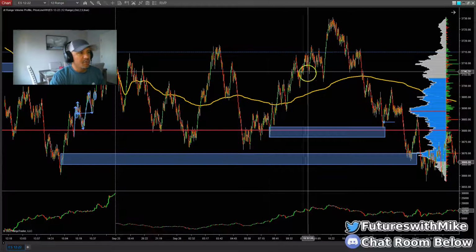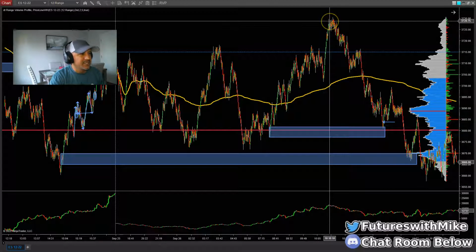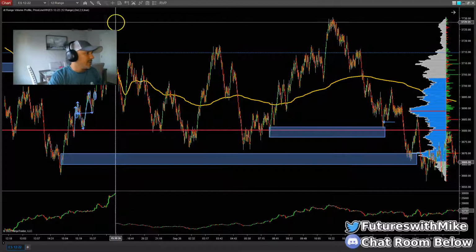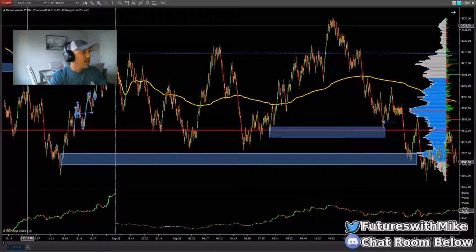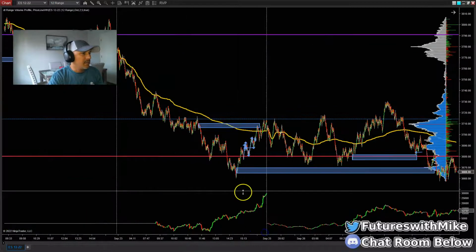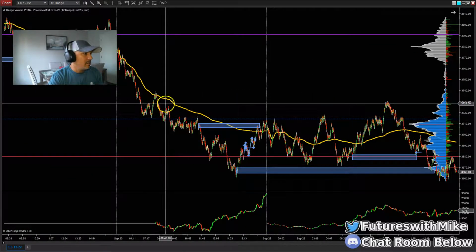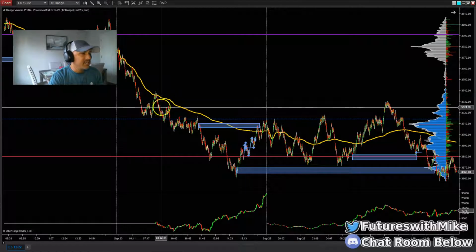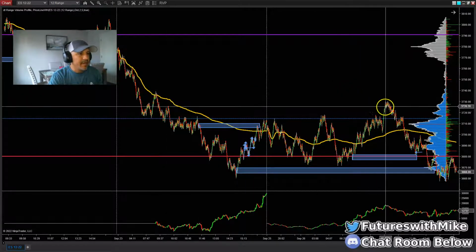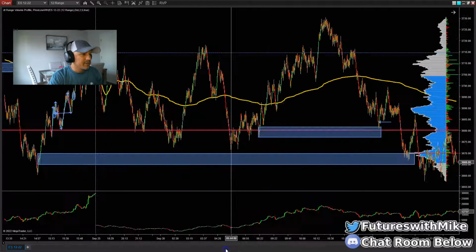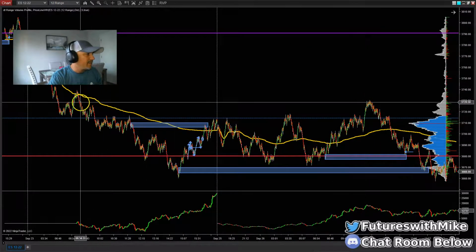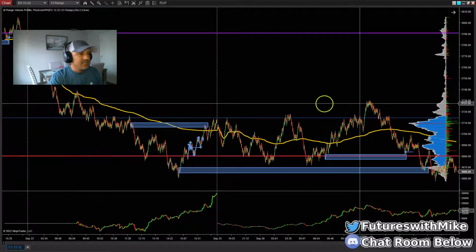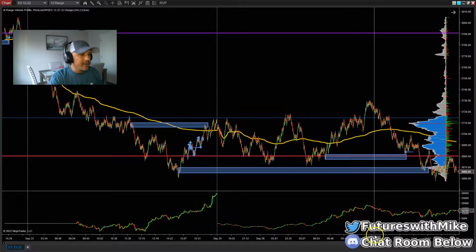Okay, so once price makes this high up here, there must be some area of resistance to the left hand side, or an area of supply, somewhere to the left hand side. Let's see, over here. Yeah, somewhere up in here, price is rejecting this area right here when it made this high right here. But we're not focused on that right now. But we do know that price is rejecting at some area at the top here against an area of resistance, and we're above this high volume area right here, okay?